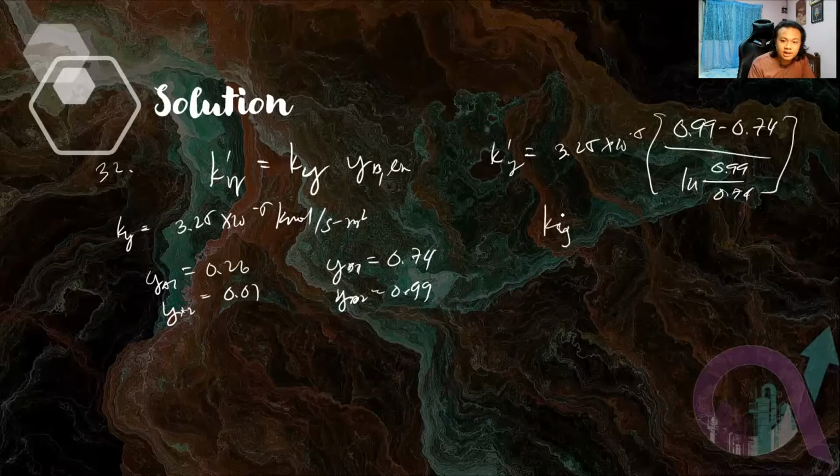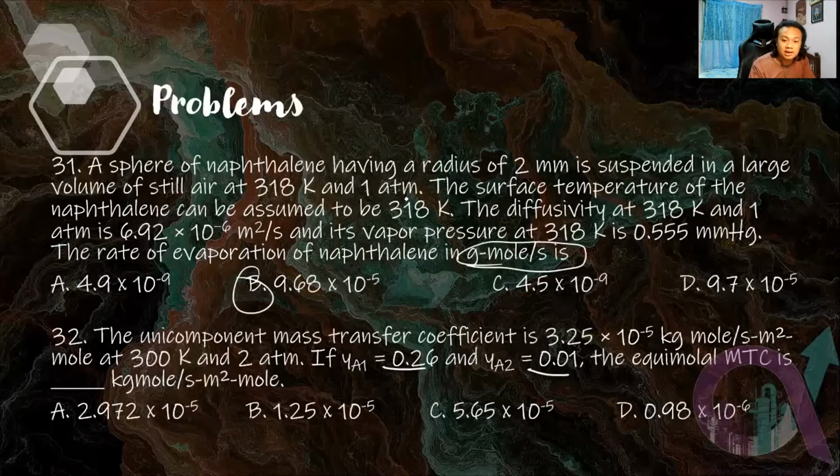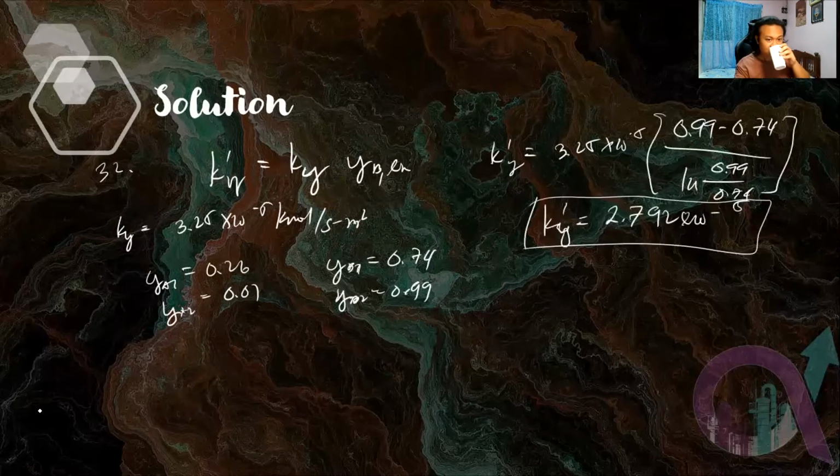Then we'll have your ky prime as 2.792 times 10 to the negative 5. Okay, so just copy the one. Just copy the units. Okay, so now let's move on to number